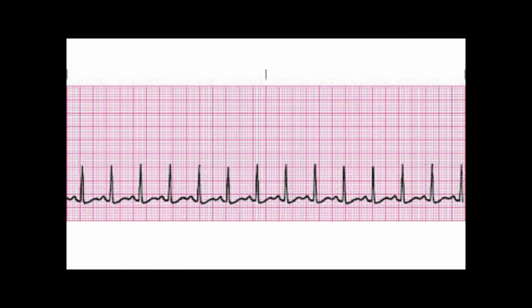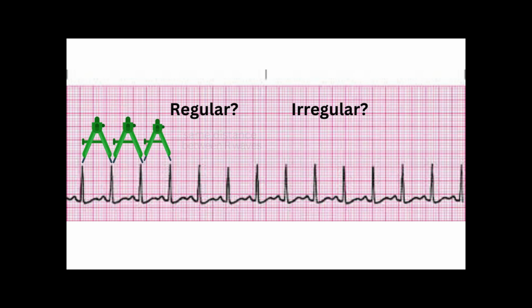To determine if the ventricular rhythm is regular versus irregular, measure the distance between R waves with a caliper. A regular ventricular heart rhythm will have the same distance between R waves, while an irregular rhythm will have varying